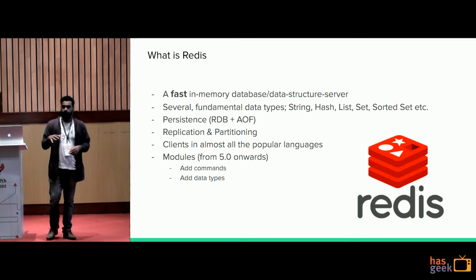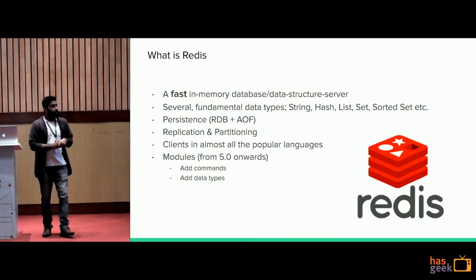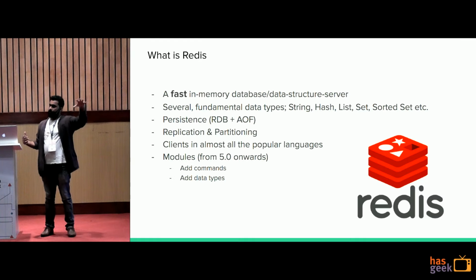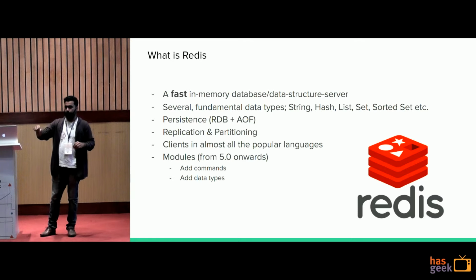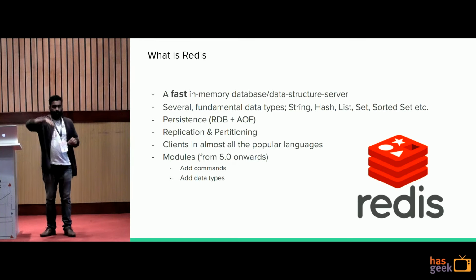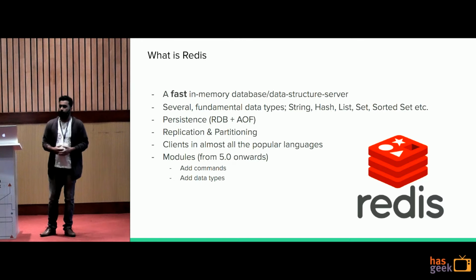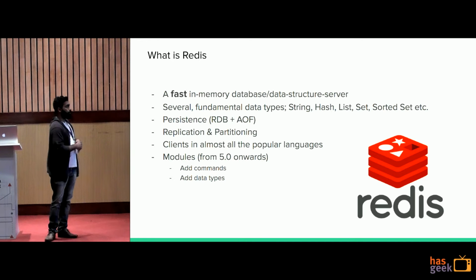It has a couple of fundamental data types like list, array, hash, etc. You can do replication and partitioning. So if you have a master-slave setup, you can almost always be sure that your service will be up, because if master goes down, Redis will make sure one of your slaves becomes master. You can do partitioning with cluster. You have a multi-cluster setup, and you can shard your data, redirect your requests to multiple machines, and make sure you are scaling up.